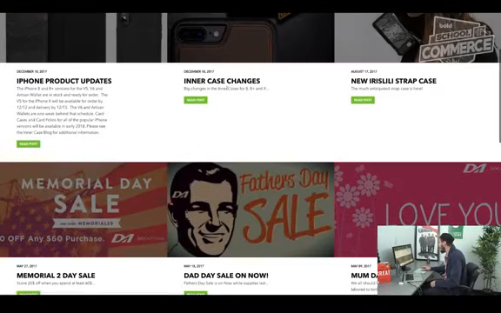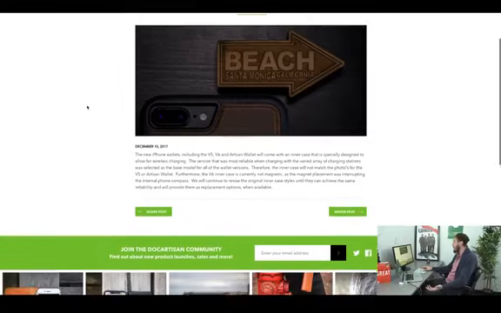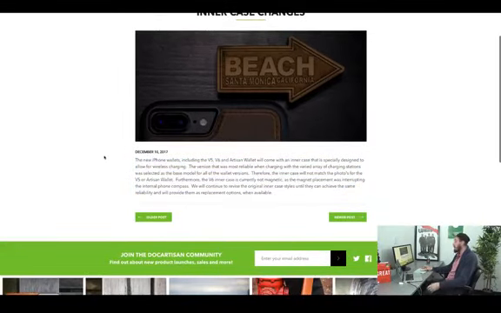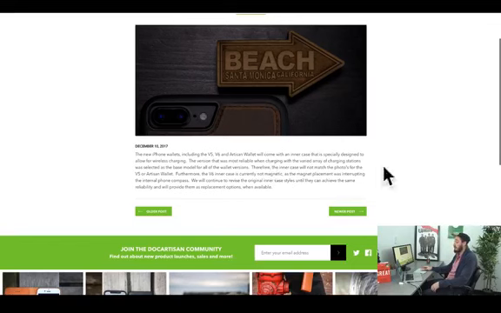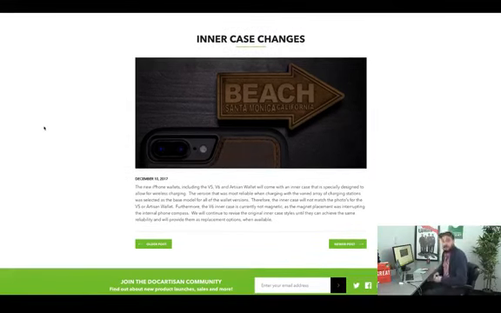Here's something else that I really like. Number 2, case change. So this would be a feature adjustment. It's very short, very sweet. I might say maybe break this up into a couple paragraphs and maybe add some bullet points. But all they're doing here is they're saying, here's what's new. Here's the new feature that we have, and it's a blog post.